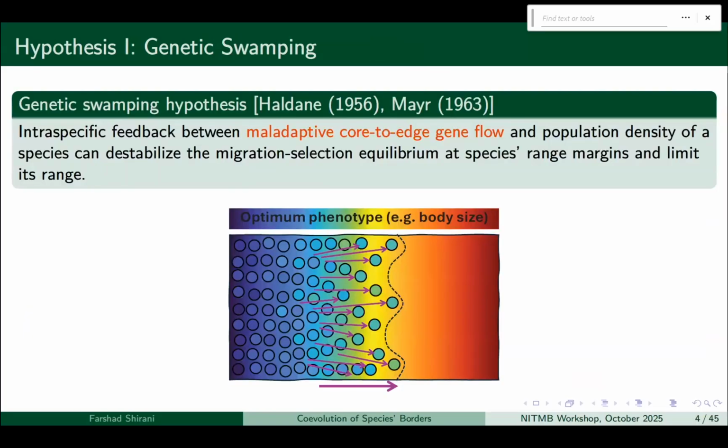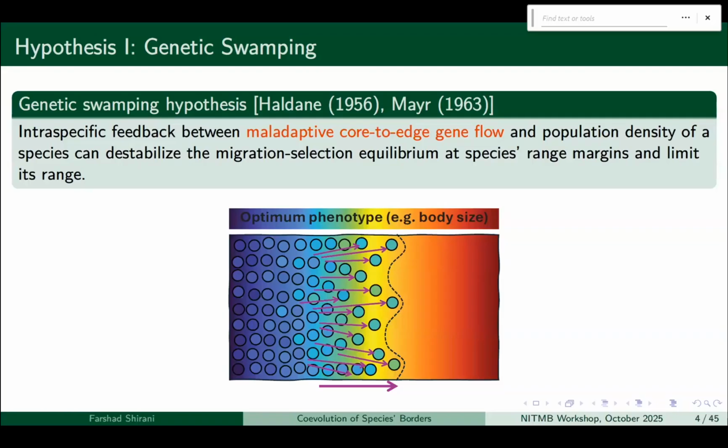These two hypotheses, one of them is generally known as the genetic swamping hypothesis. It basically says that if we have an environment imposing a gradient on a fitness-related trait, shown by a color gradient here, and these species get adapted to this environment and expand their range, so